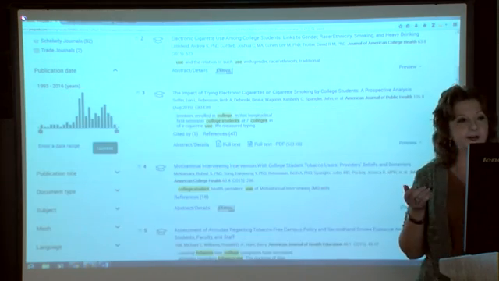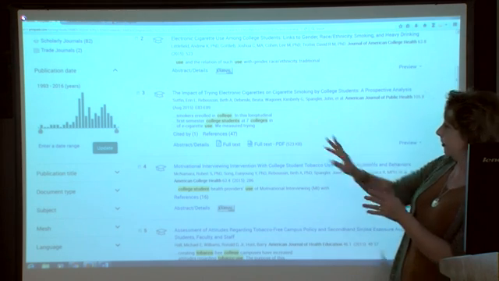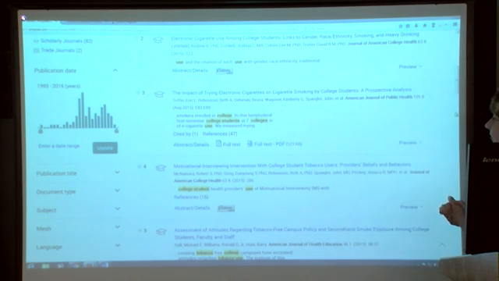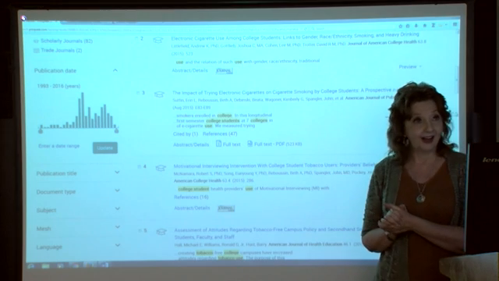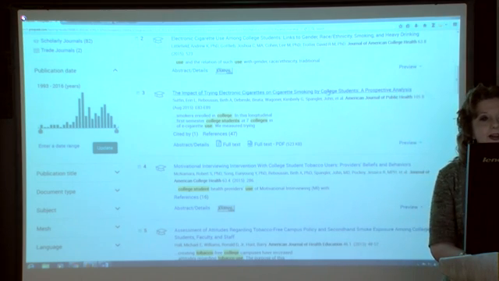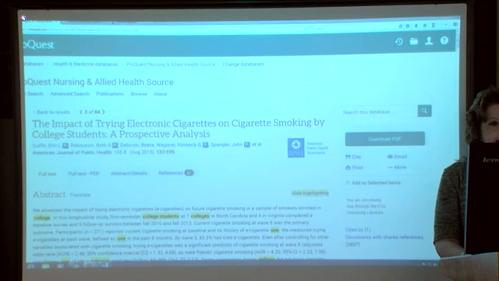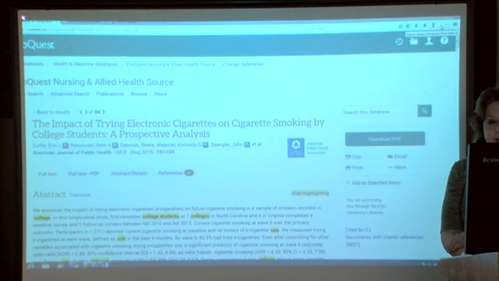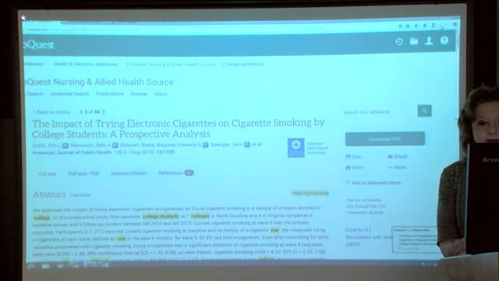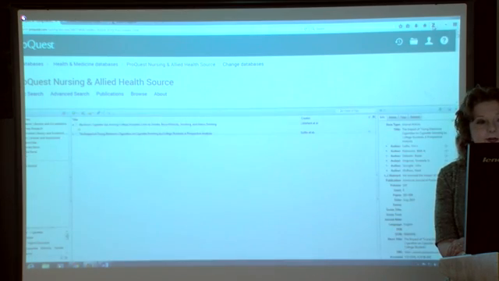And the reason I needed to do that is record number 3, the impact of trying electronic cigarettes on cigarette smoking by college students. That sounds very interesting. I'm going to click on this one again. And I want to click on the little icon up here to save this article, to save the reference to this article to Zotero. So now when I click on the Z again for Zotero,